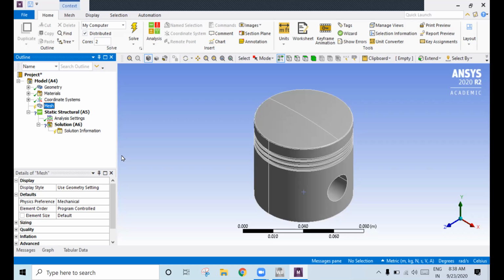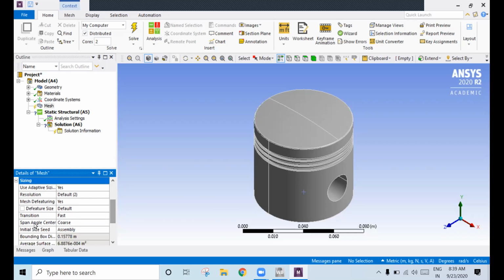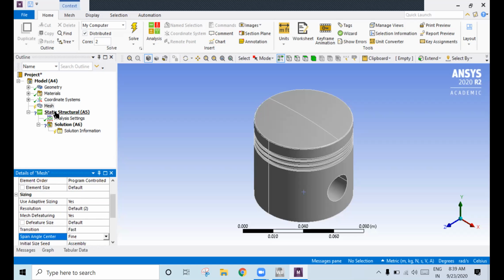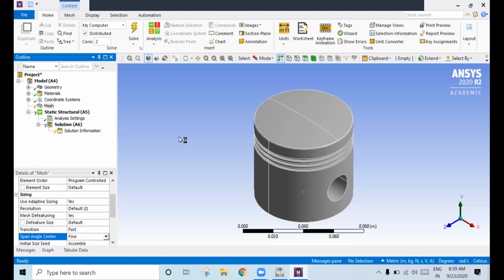Dividing into elements is called discretization, and also called a mesh. How to do mesh? Click on mesh, go to sizing, click on fine mesh, right click on the mesh and generate mesh.